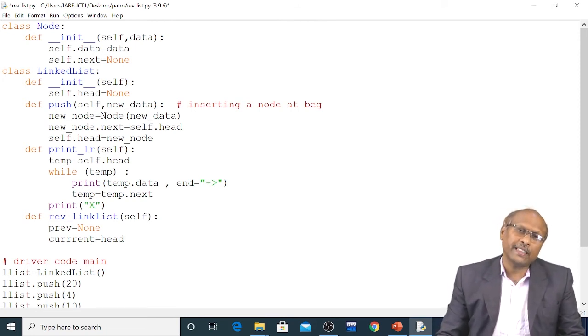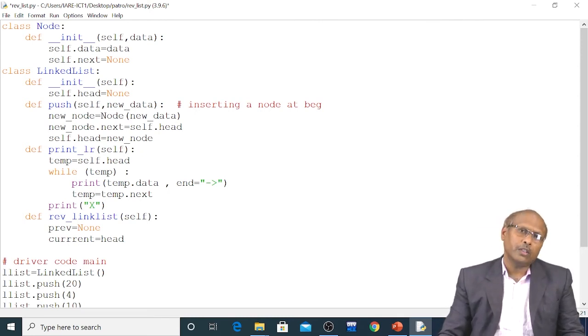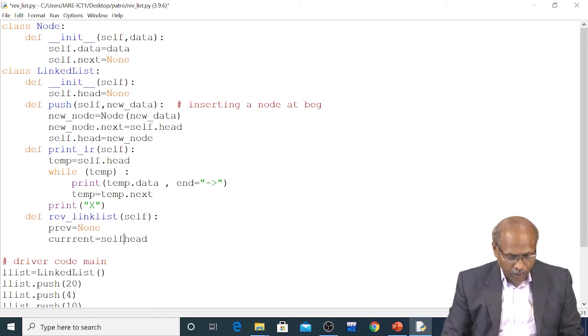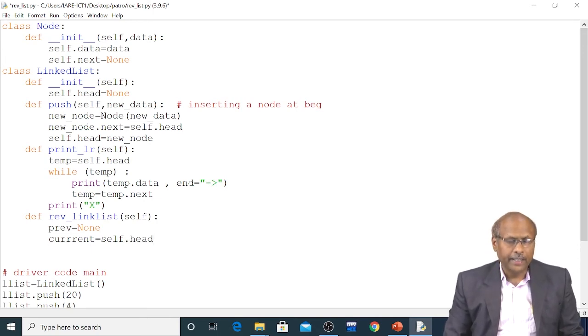So whenever you want to access any member method or member attribute, you should call it through the referential object. So I should write self dot head. Automatically my head pointer will be stored in current. Fine. So current equal to self dot head.